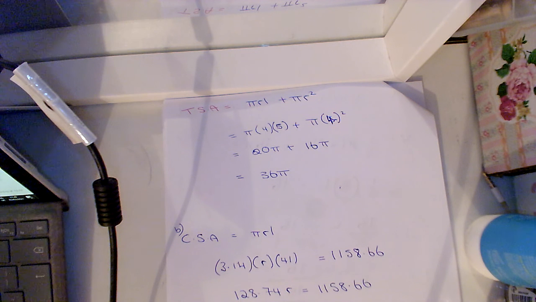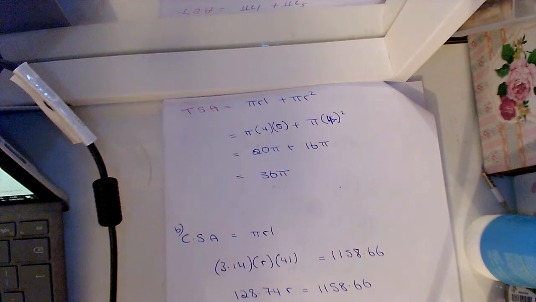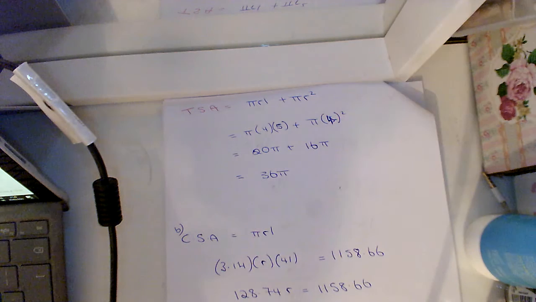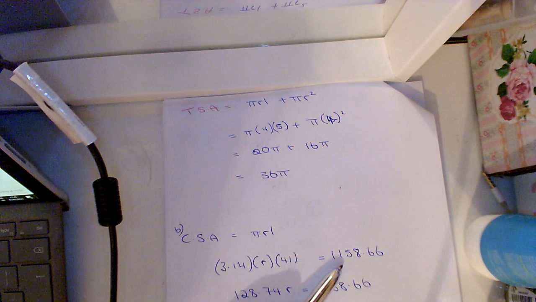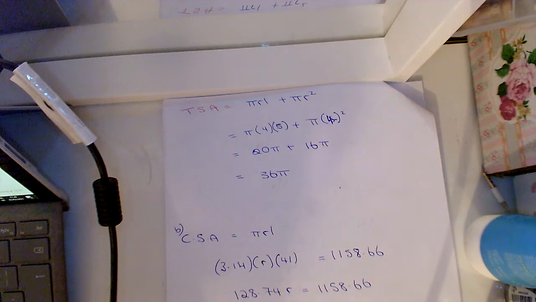The second part of this, pi is equal to 3.14. I don't know my radius, I don't know my height, I know my slant height is 41, and I know my curved surface area. So my formula for curved surface area is pi r L. So I have 3.14 bracket r bracket 41 is equal to 1158.66. I want to get r basically on its own, so I'm going to multiply 3.14 by 41,